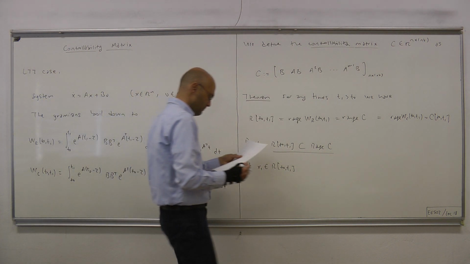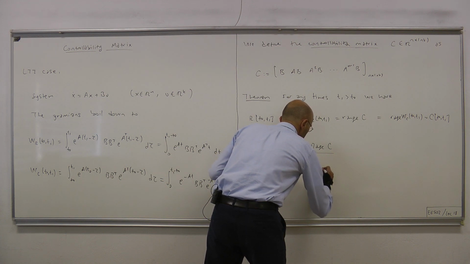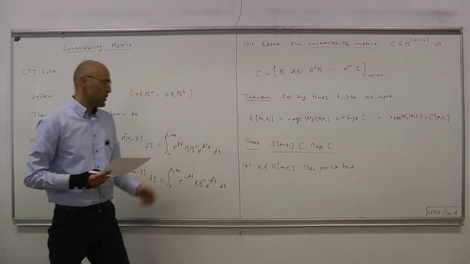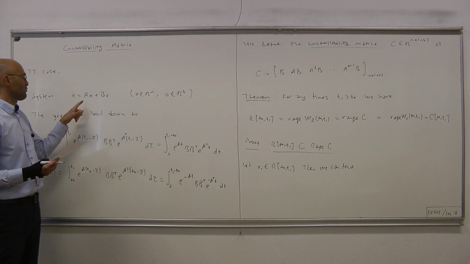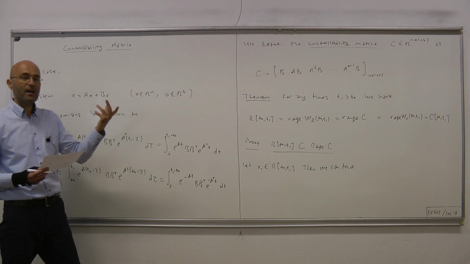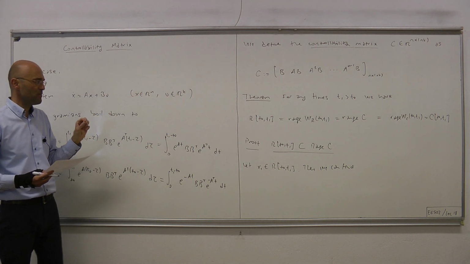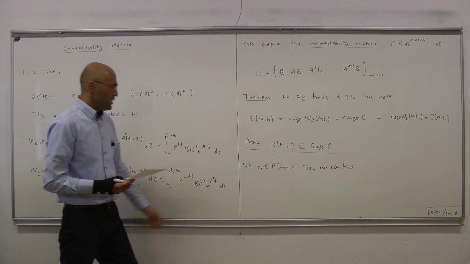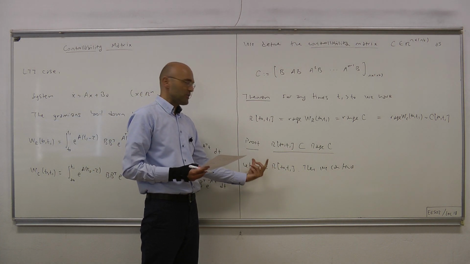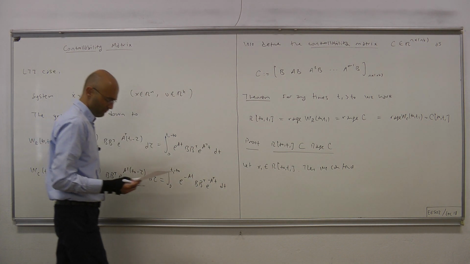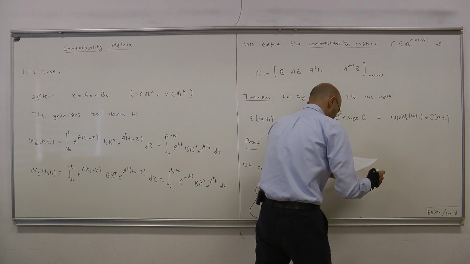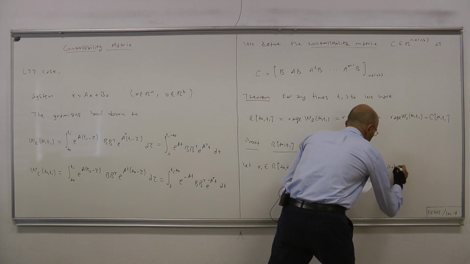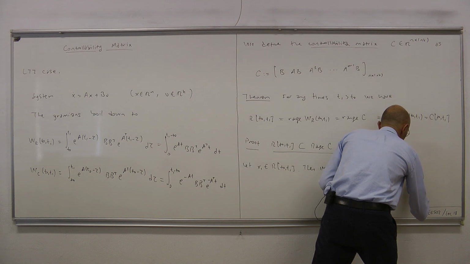Then, by definition, we can find an input such that when you start the system from the origin and apply that input to the system, at the end of the interval at T1, you reach this point, x1. That's the very definition of reachability. So let's write that down. We can find the control input, let's call it u of t,